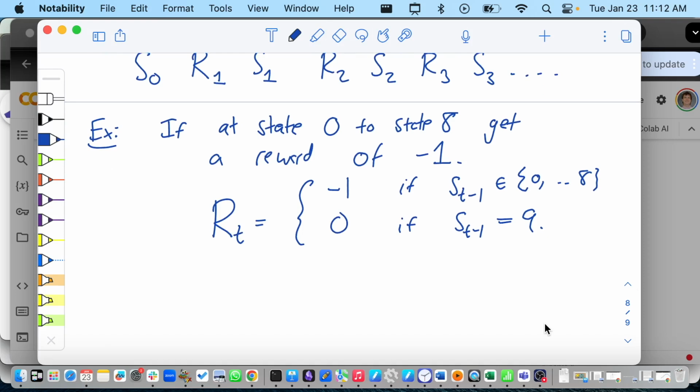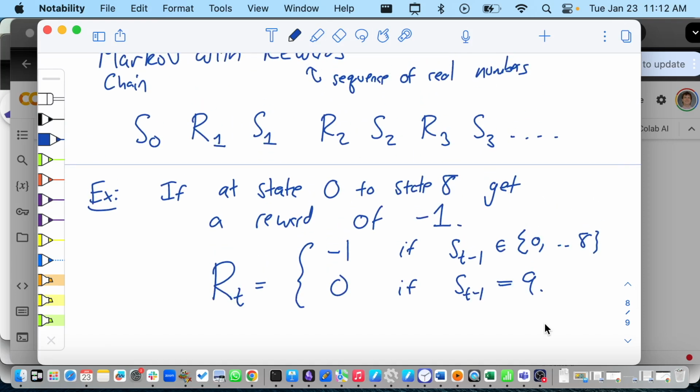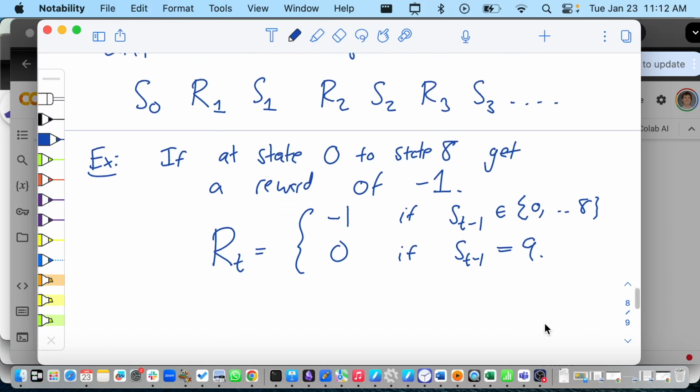So those are rewards, and you can use rewards to set up all kinds of things. Like I said, chess, any of those examples from the beginning of the course have rewards. And this is almost the setup. Once we add actions, that'll be the setup for reinforcement learning. So we're 2/3 of the way there.